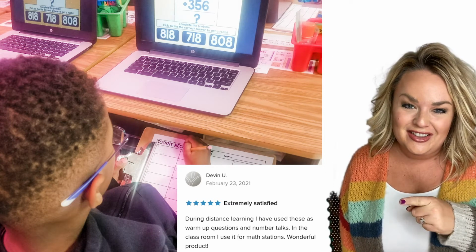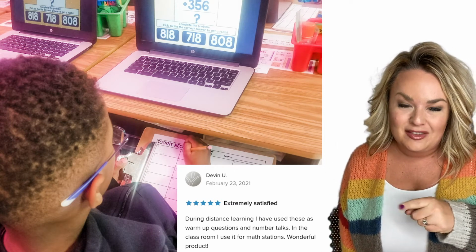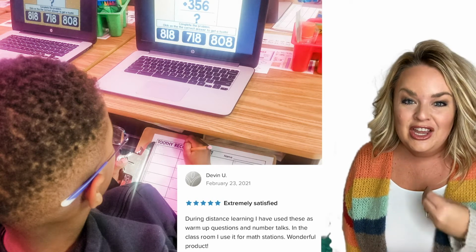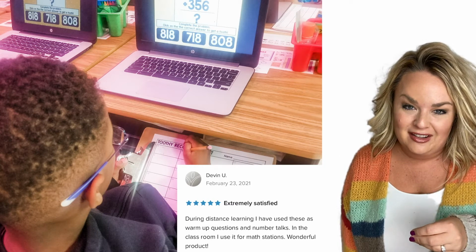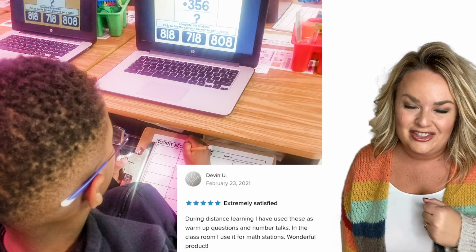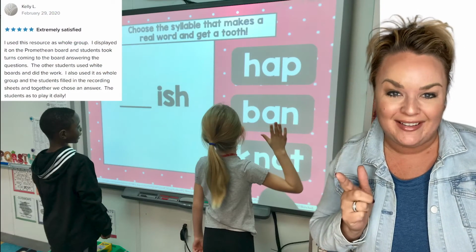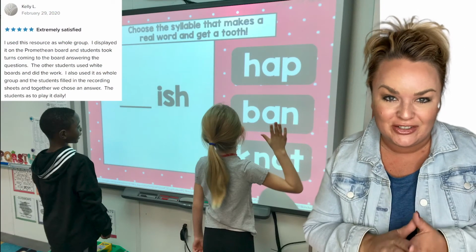And then you'll also see in this photo, another idea I love is when using the Digital Toothy, if you want the students to be turning in something, you can use those accountability sheets, those recording sheets, to turn in and check for understanding. So this idea comes from Kelly, and what she does is she takes her Digital Toothy